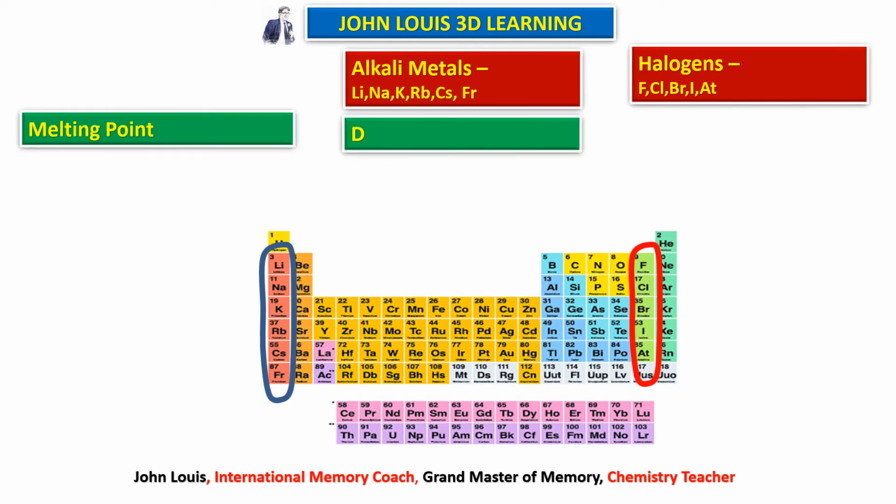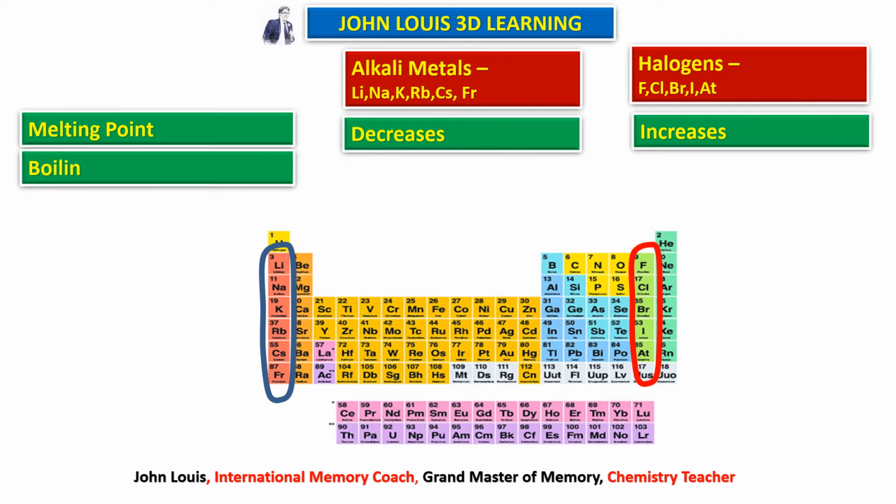So melting point decreases as we go down the group. Already we have seen it as a separate topic. And for halogens also, what happens? So halogens, the melting point increases, just opposite. So both are groups only, but in metal groups, that is first group and second group, when we go down, what happens? The melting point decreases. But in non-metals, especially in halogens, the 17th group, what happens to the melting point? When we go down, it starts increasing.